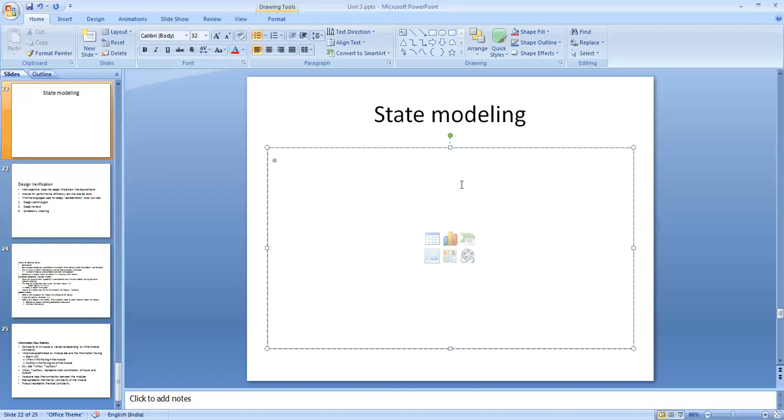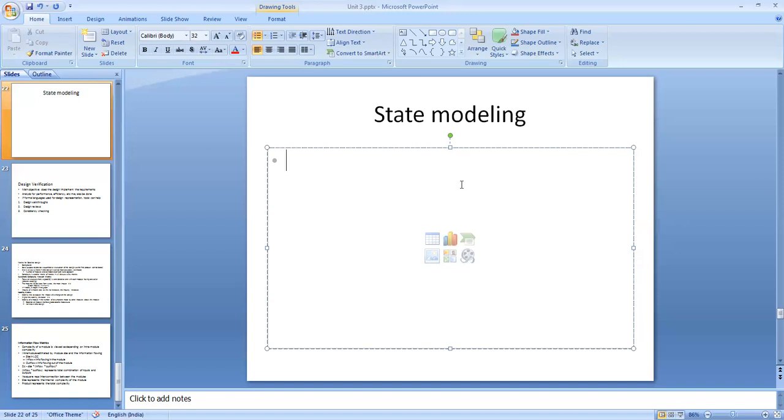A state diagram for an object does not represent all the actual states of the object, as there are many possible states. A state diagram attempts to represent only the logical states of the object.